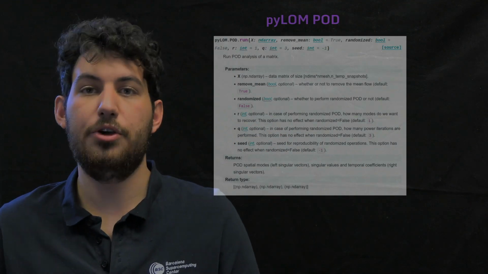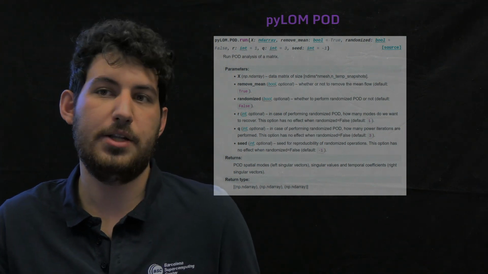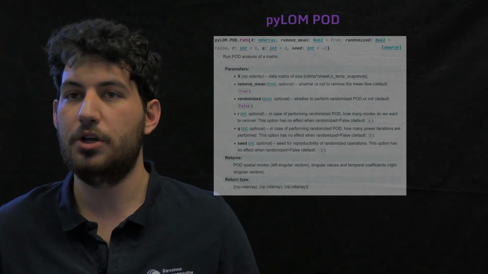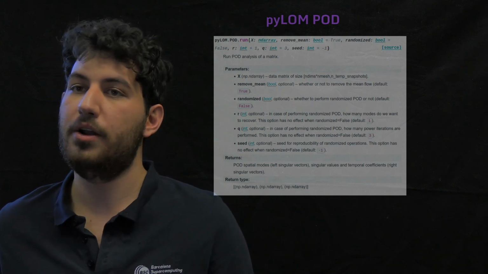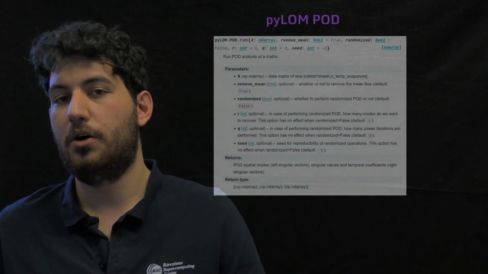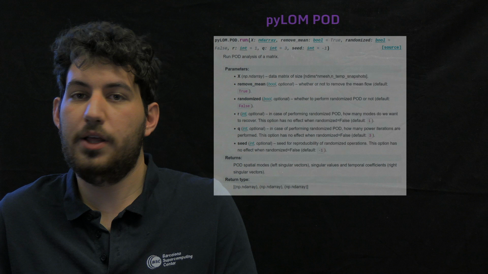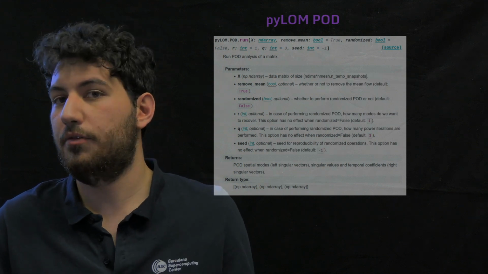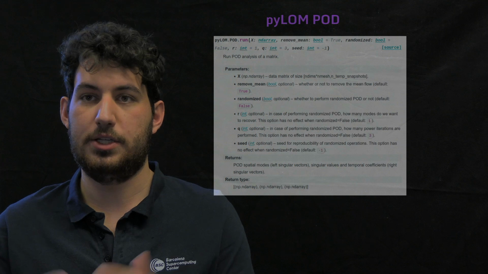And then how do you call this algorithm in pyLOM? What do you need to do? Well, imagine you just want to do proper orthogonal decomposition. Doing that in pyLOM is as simple as calling pylom.pod.run and passing to the function the matrix that you want to decompose. Of course, as you're running in parallel, you will need to make sure that every processor has a chunk of this matrix, split row-wise, but for the rest,